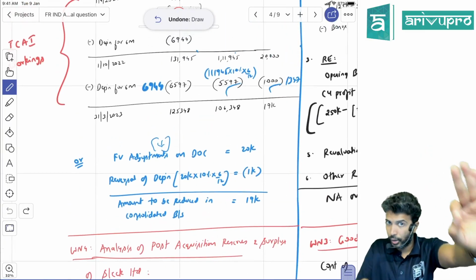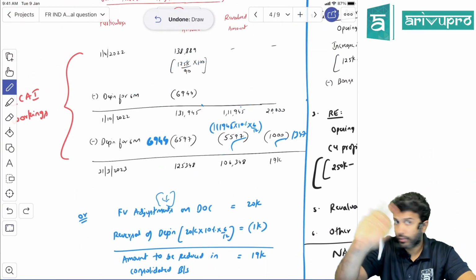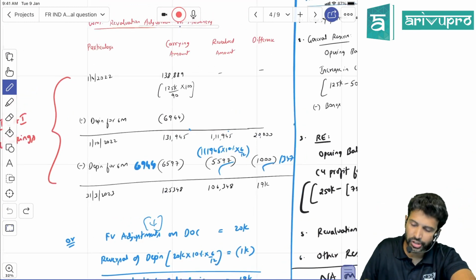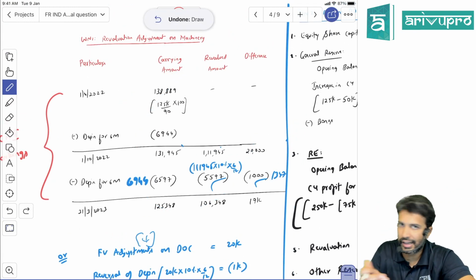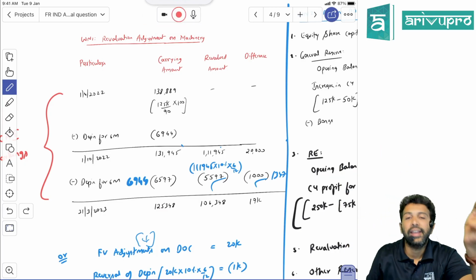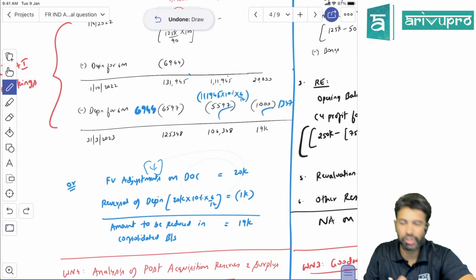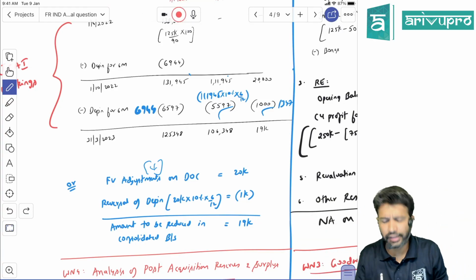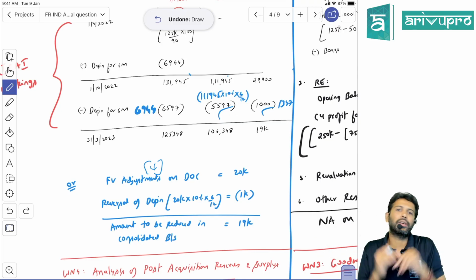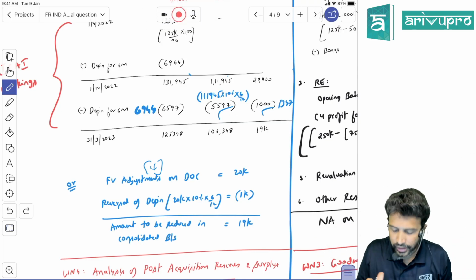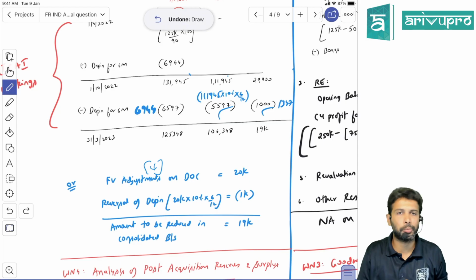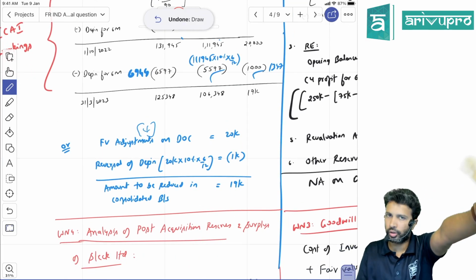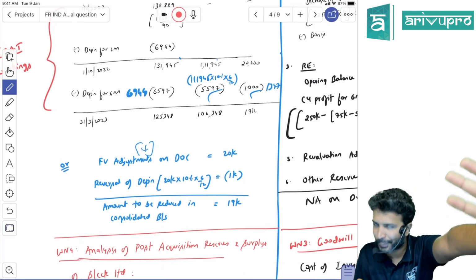Once again, I'll quickly tell you. If fair value itself, not fair value adjustment, is directly given to you in the question, then you use backward working if necessary, like the way we did in that DEF problem. If a fair value adjustment, meaning an increase or decrease, is given in the question, then take that fair value increase or decrease and calculate additional depreciation or reversal of depreciation, depending on the case. Here it's a fair value decrease, so you will get a reversal of depreciation. Why 6 months? Because from 1st October to 31st March. This is 1/3. This is a little controversial according to me.